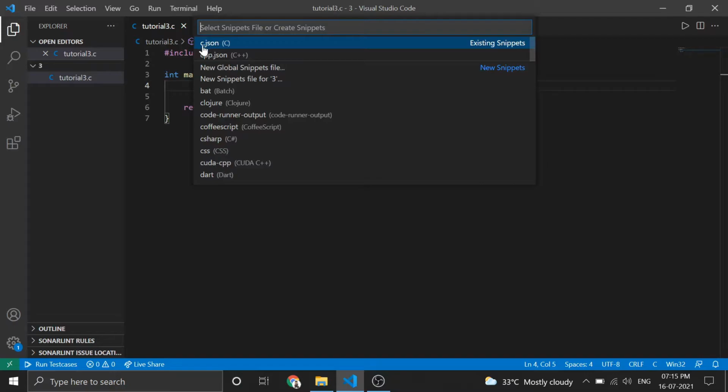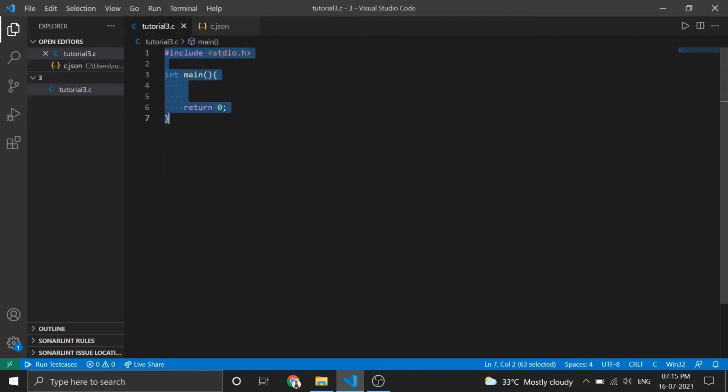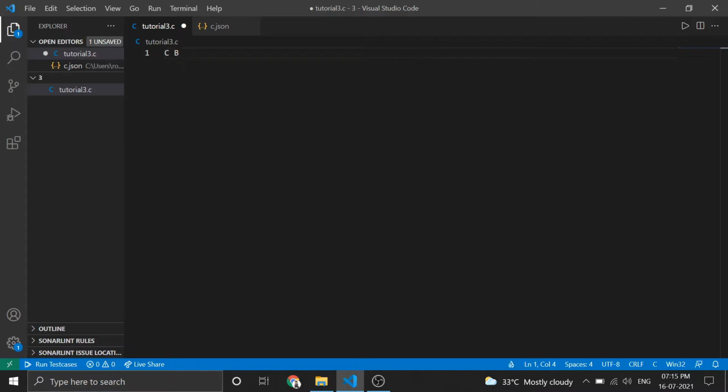If I open c.json, you can see here the prefix is "C boilerplate code". If I change this to, let's say, "C template", clear all here, and save by pressing Ctrl and S, and then write "C boilerplate code", you can see there is no boilerplate code now.